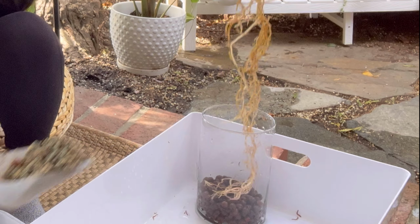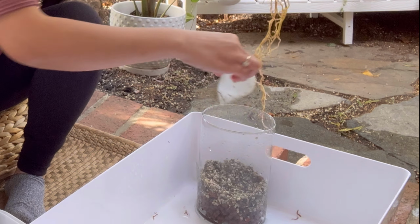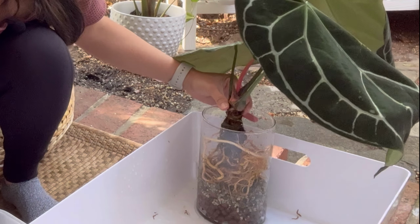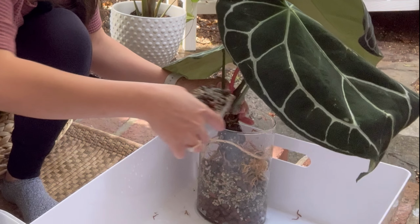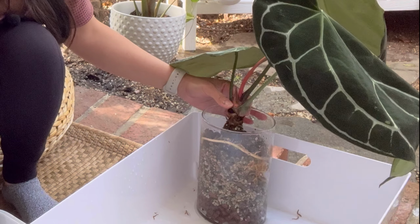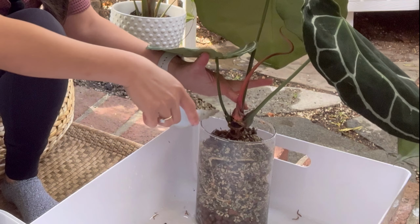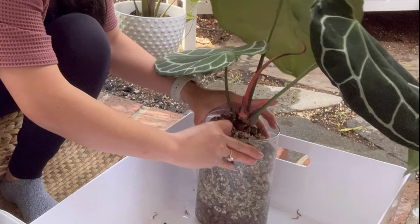Here's what I'm doing. I'm gonna fill this up with PON, just like that, and then followed by the plant, and then backfill. I'm also putting it deeper into the pot because I wanted it to be able to root and support itself. Since this plant is getting bigger, it's a mature plant. You can tell that by the inflorescence that it has right now,